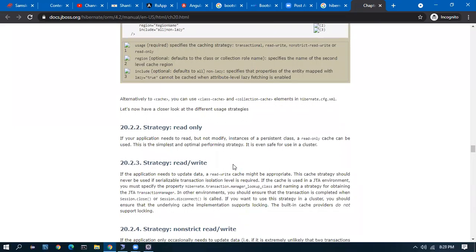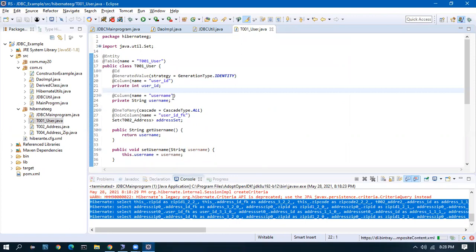I had the link to show you. I am not getting that link. Maybe if I get it, I'll share it in the group. I should have shared it this morning itself.